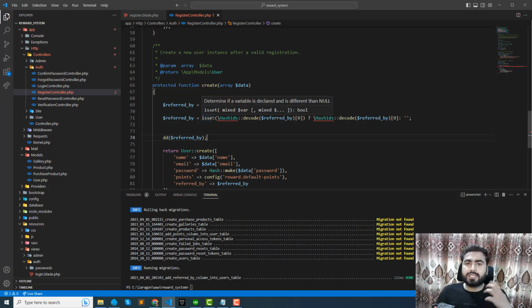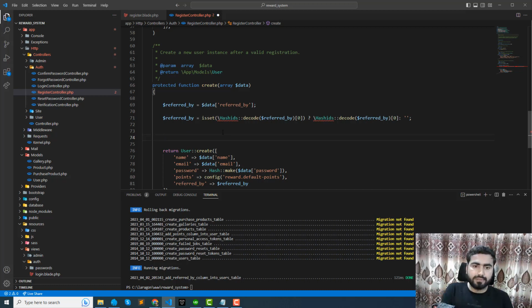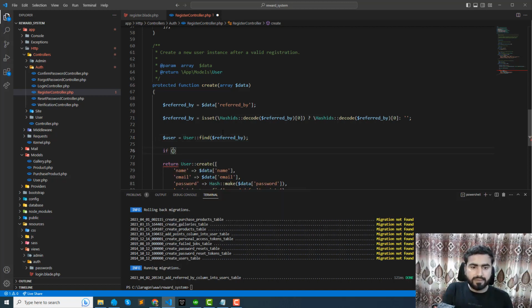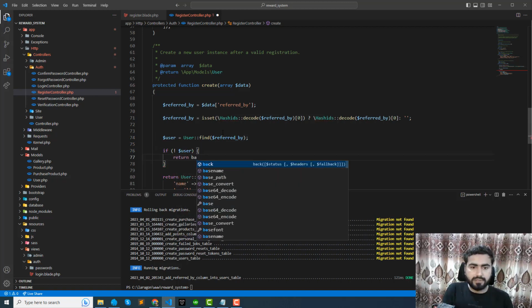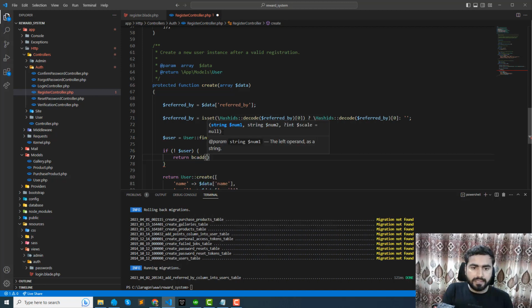So now I want to check in the database that this user exists in the database, right? If it doesn't exist, it means that this one is an incorrect reference, right? So here we can check that user equals user, and then here we need to call this find referred by, and if this user doesn't exist, then simply return back with errors, and the error is